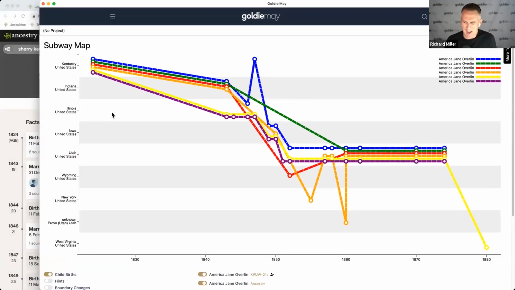Okay, it gets a little messy, right? But we're looking at what, six versions of America Jane Overland, blue being Family Search, and then there are five versions from Ancestry trees. And again, the opportunity is the same for you to go through and say, hey, where do I see consensus and where do I see differences? And if I see differences, those are maybe opportunities to pull data into my tree that someone else found, and can be great ways to surface